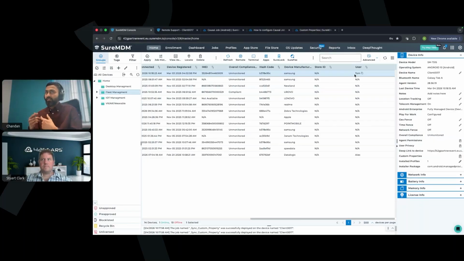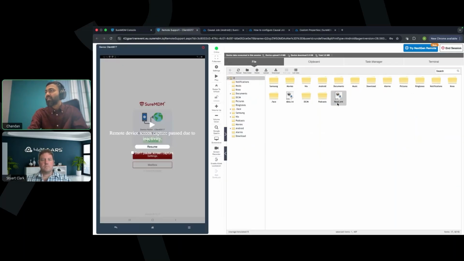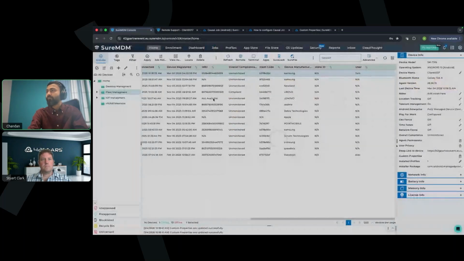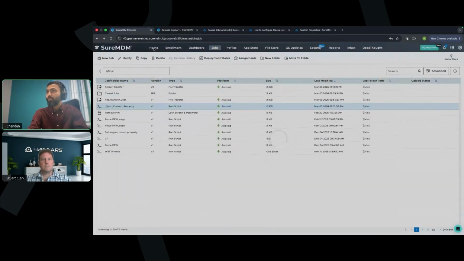This is a cycle now. Every 30 minutes, it will try to refresh on its own, or you can push a script to read the value from the device SD card. This value can be present in your documents folder, downloads folder, anything, and this should read the value automatically. And that's how we will be able to update the